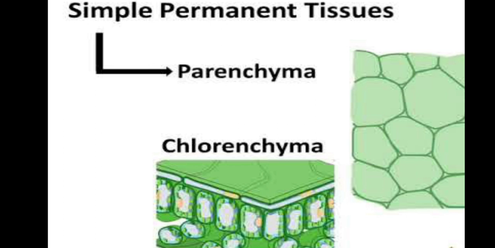If they are filled with air spaces, then they are known as aerenchyma. If they are filled with chloroplast, then they are known as chlorenchyma. So, parenchyma may store water in many succulent and xerophytic plants. Example, cactus, opuntia. It also serves the functions of storage and food reserves, and also absorption, buoyancy, secretion, etc.